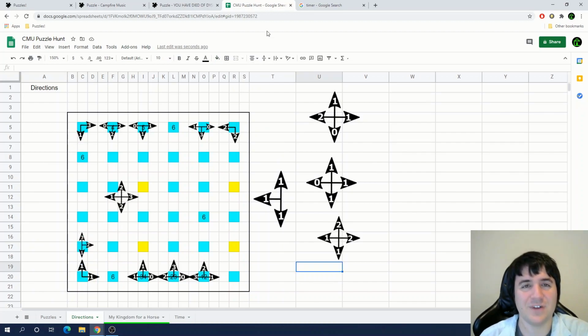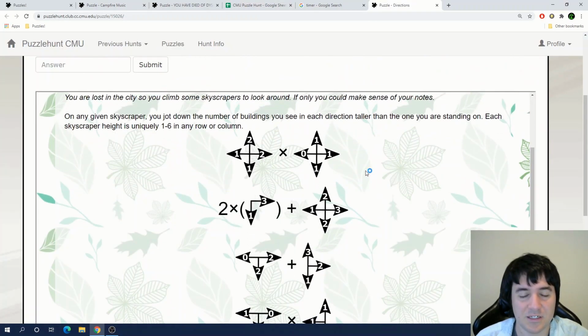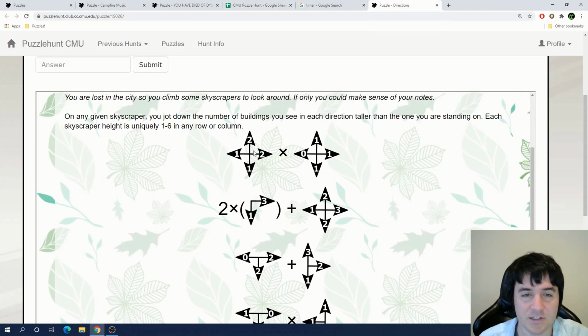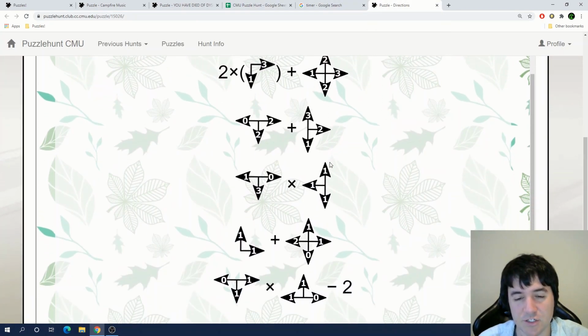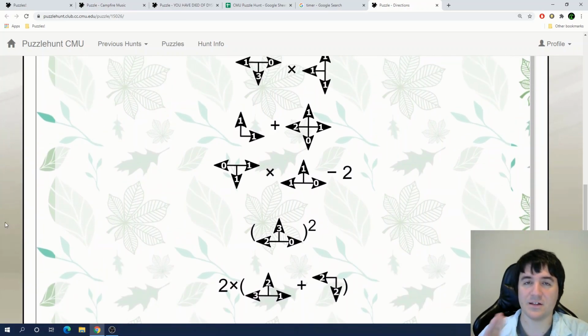I was really hoping I would crack into this puzzle in less than an hour, and we just crossed the hour mark. So what can I do? I can try to cheat. After the step of putting numbers in place for all of these, I'm guessing we're going to do these math equations, and that's going to give us letters. So I could try to do some meta logic,